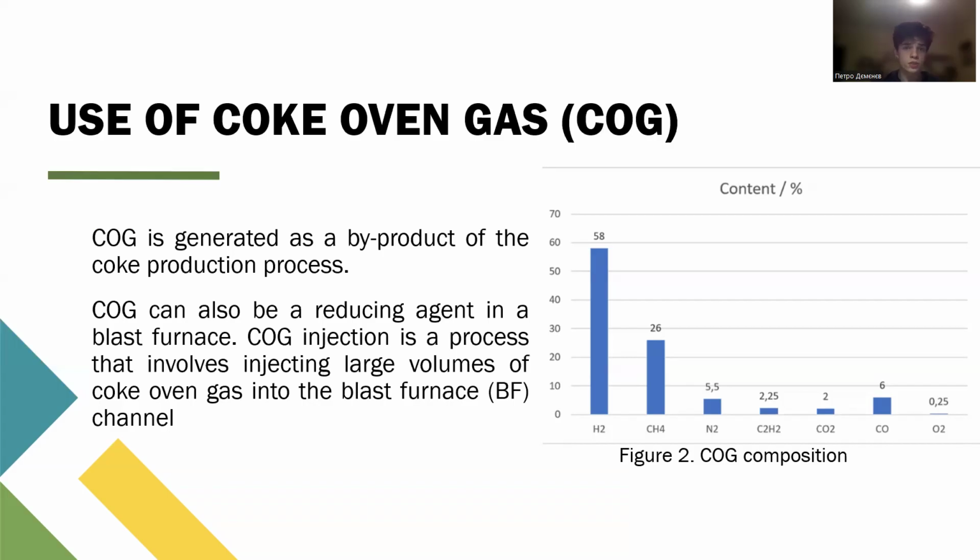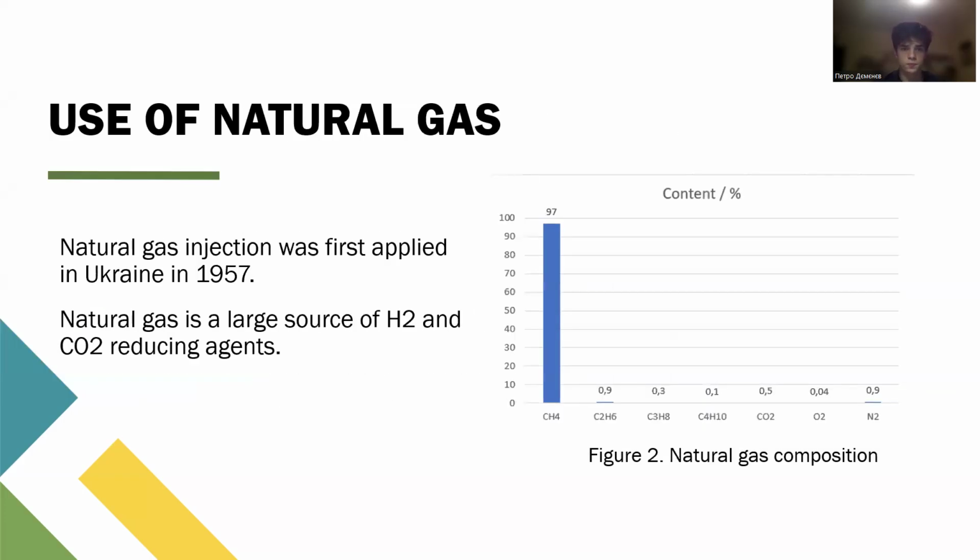Research shows that with increasing coke oven gas injection, pig iron production increases significantly. At the maximum level of coke oven gas supply, blast furnace productivity increases by 26%. This is explained by the complete replacement of natural gas with coke oven gas, which has a strong positive effect on the process. Additionally, coke and coal consumption are reduced by 4% and 15% respectively, which increases the overall efficiency of the blast furnace. Natural gas injection was first used in Ukraine in